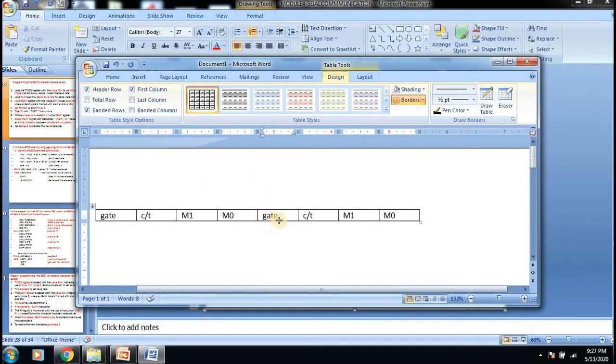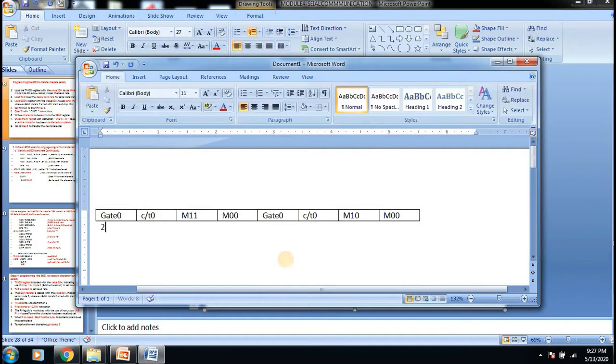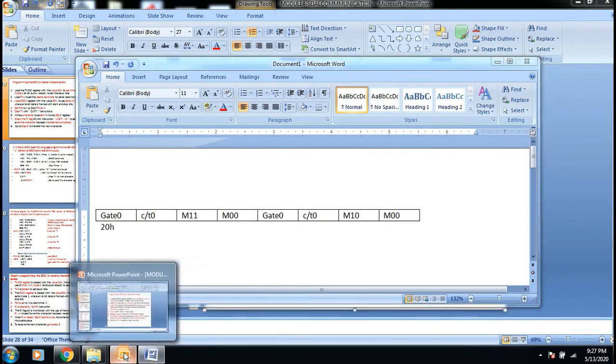So with this one, these bits will be 0, 0, 0, 0, and here we use the timer, that is we are setting it as 0, and mode 2, that is it is 1 and this one is 0, so we get the value 20H. So this is how we set the TMOD value.